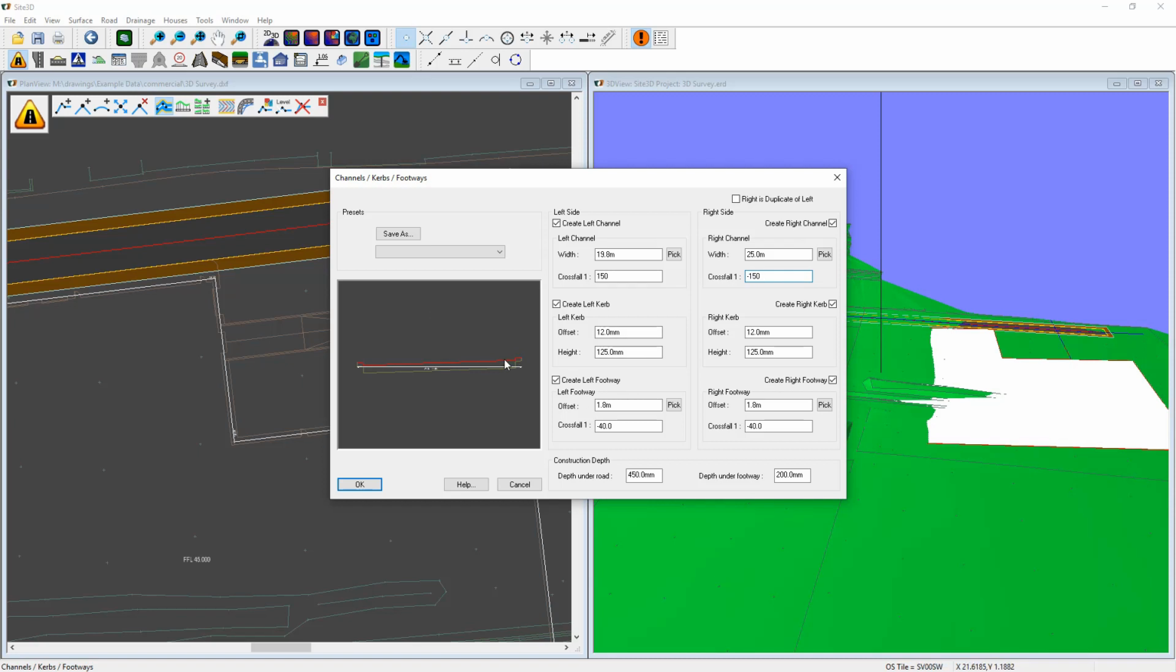Okay, so that's falling from the right hand side to the left. So this is the right hand side looking along the chain edge of the road, so that's the left hand side, so it's falling away from the building. Okay,